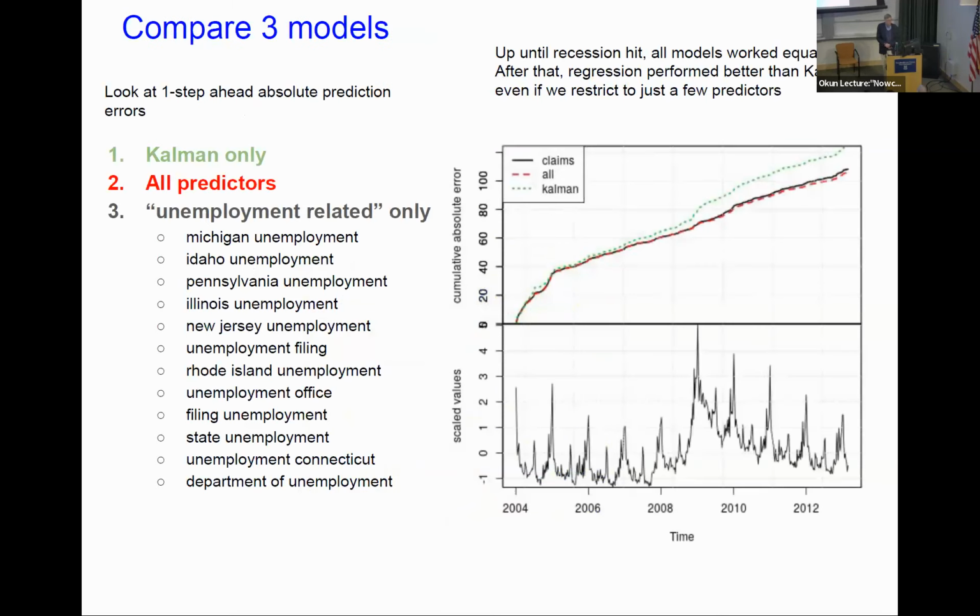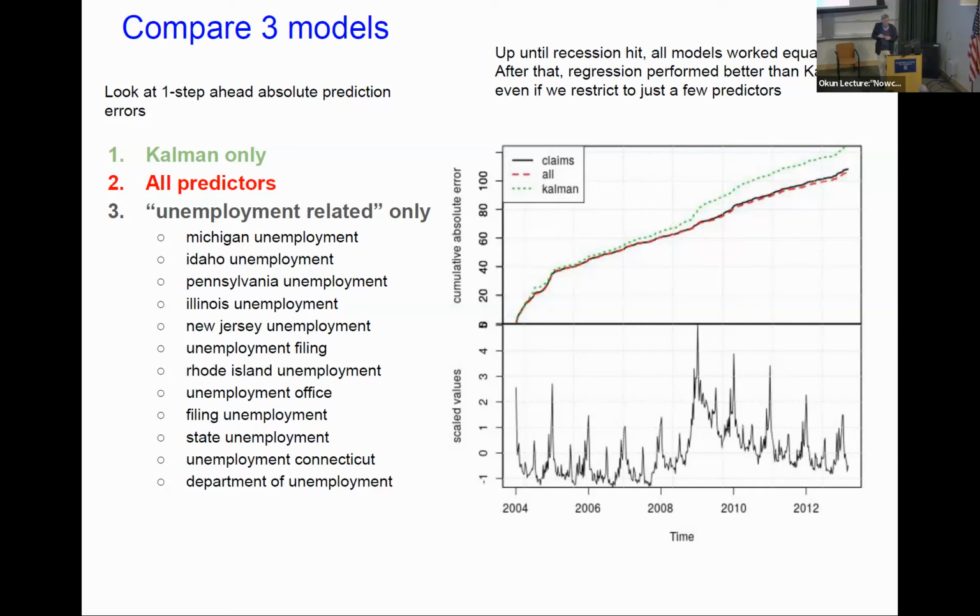And what we've done, looking at this a lot to understand how it works, is we compared three models. One is where we just use Kalman. So we just used the time series, so that we've got the cyclical component, the trend component, the level component and so on, but we're just going to use that. And the second one is where we use all of our predictors. There are about 250 of them. I'll give you a list a little later on. And you can see how well that does. It's selecting from that set of possibilities the X's which are going to be the most helpful, controlling for the trend and the